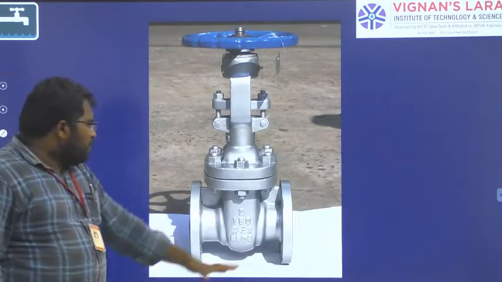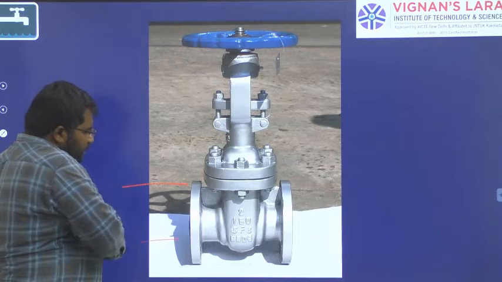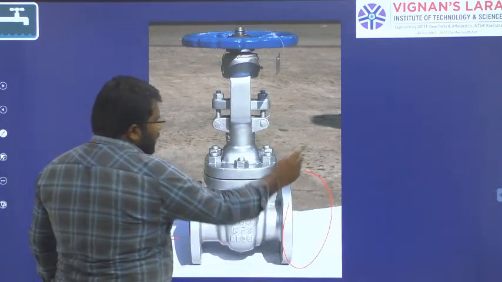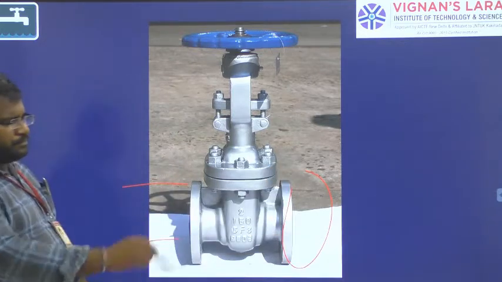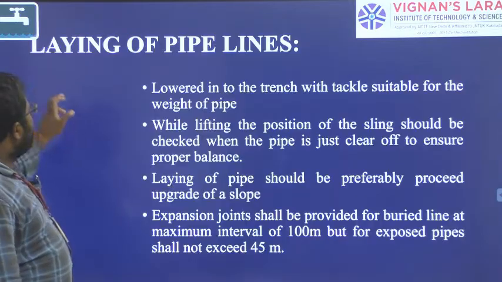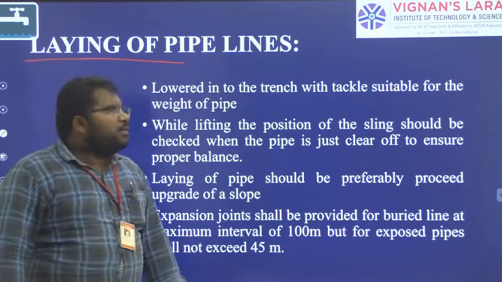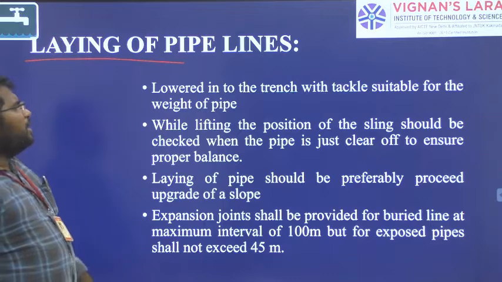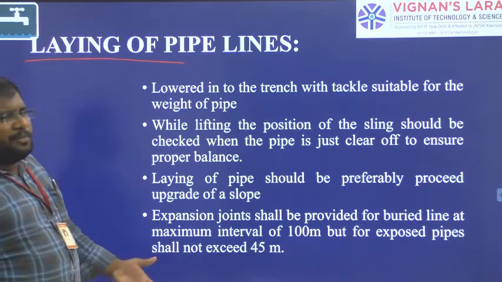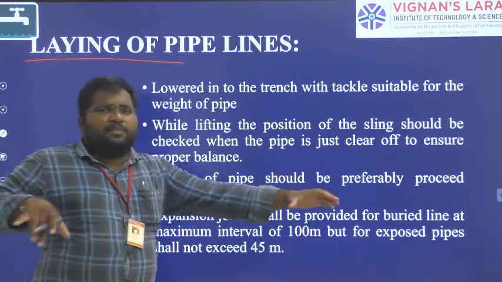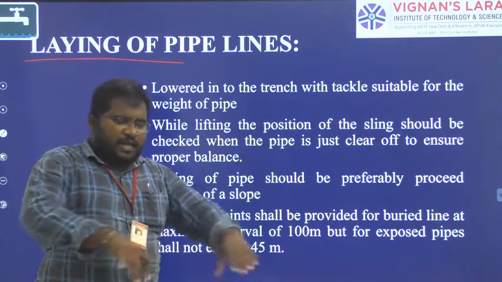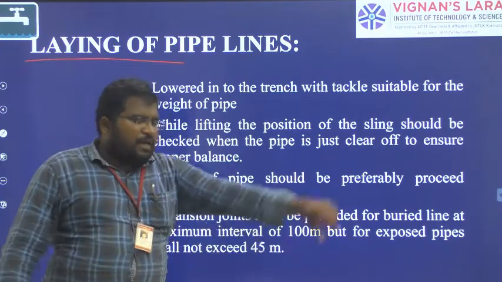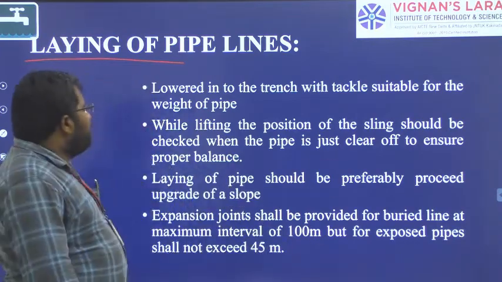It also looks like this, where you have the pipe joined on this side and this side will be free, open to the stream. Next topic is laying of pipelines: how we are going to lay out the pipes. Laying of pipeline will be done on the surface of the earth or below the surface. We can have trenches, along which we are going to keep the pipeline for water.